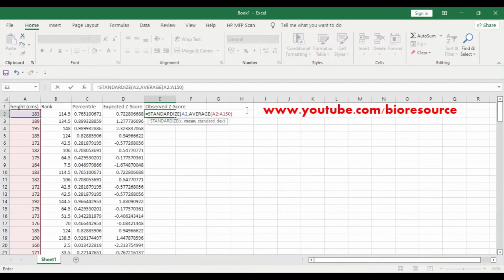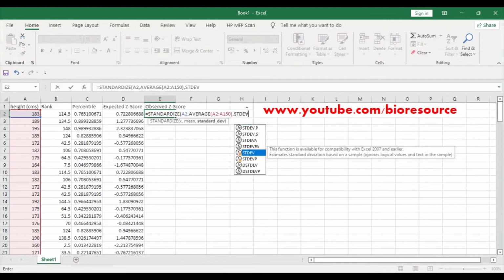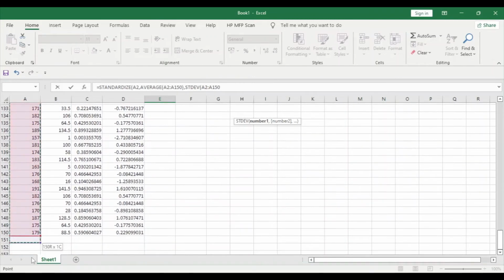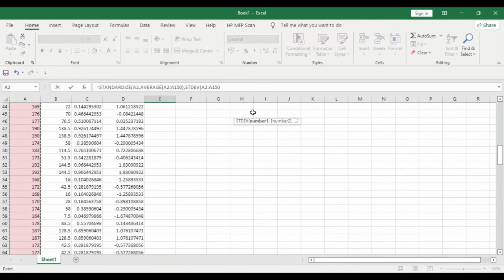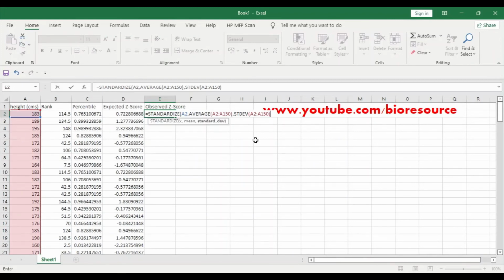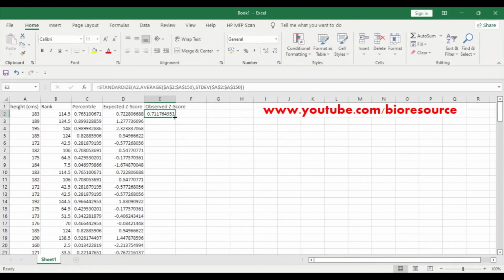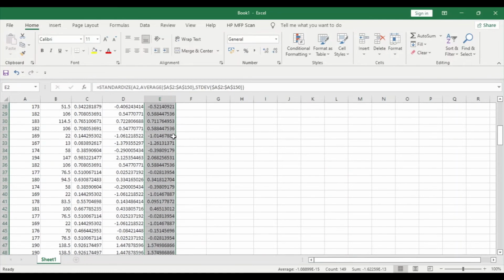Close this, and next is the standard deviation, STDEV, again starting with A2 to A150. And close this. Here also we need to select this and make it a fixed cell, same for the standard deviation also. And now press enter. Now we have both the data here.